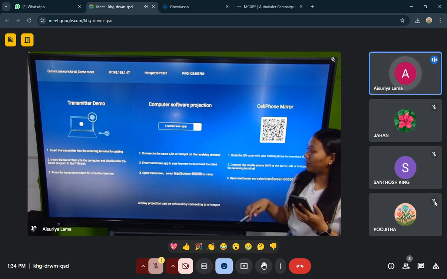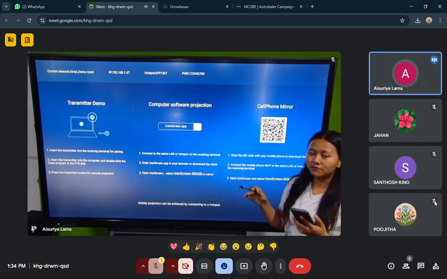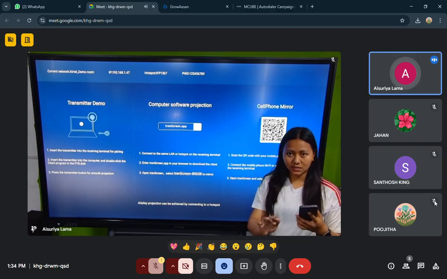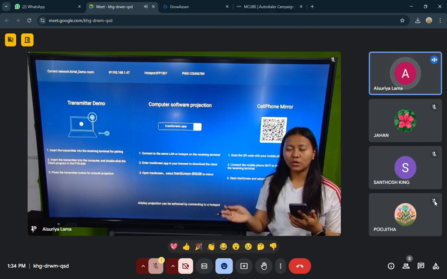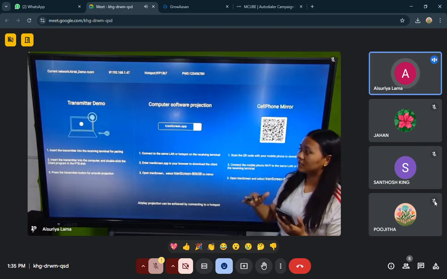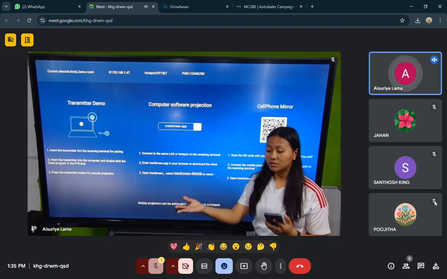So I was telling you about the connection. You just have to download it, and once you do that, you'll be able to see the connection. Then you can click to start casting, and whatever there is in your phone, you can cast the entire phone here. You can use all those applications using that casting thing. Now it's the same for the laptop as well.